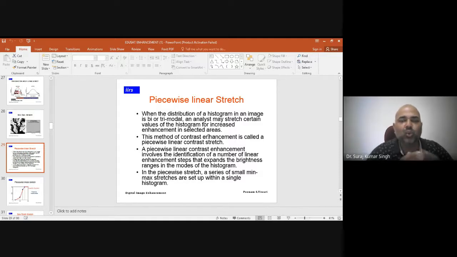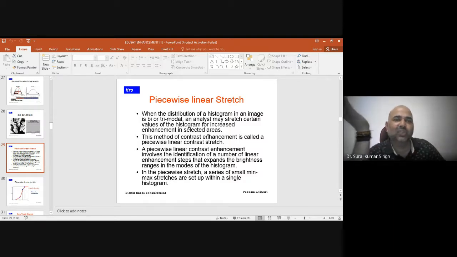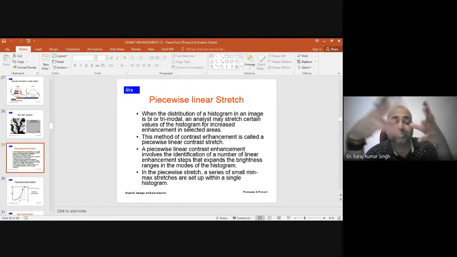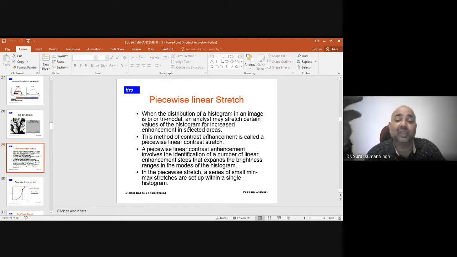I want to focus on the values maybe between 60 to 90. I don't want to change beyond 90, I don't want to change beyond 30. So for selective enhancement of an image, we use piecewise linear stretch. This method of contrast enhancement is called piecewise linear stretch.